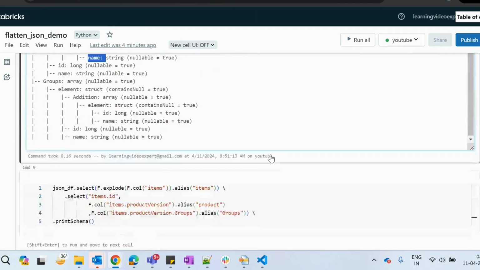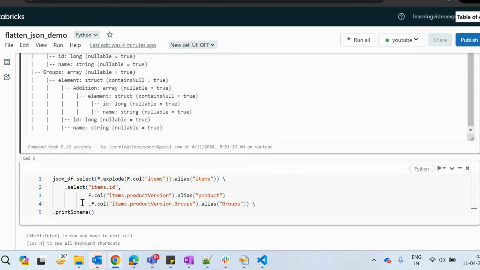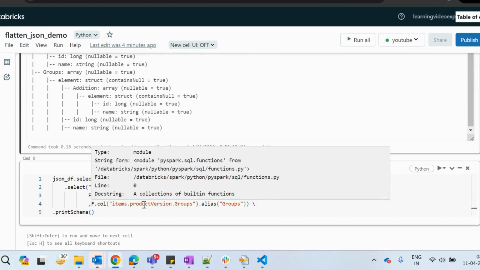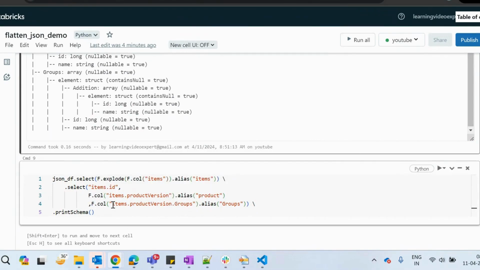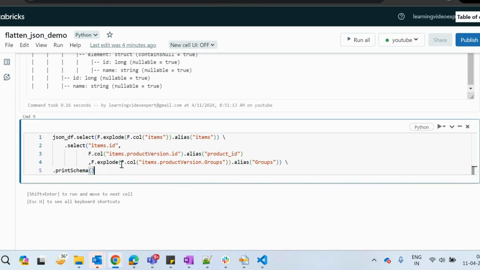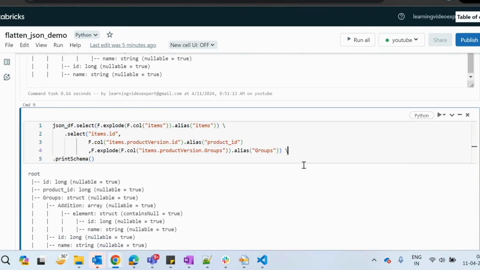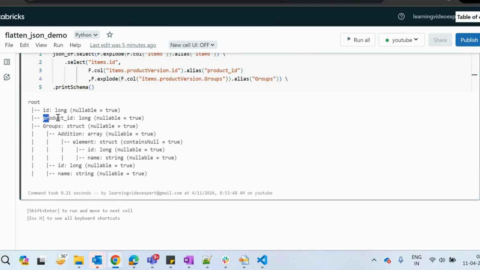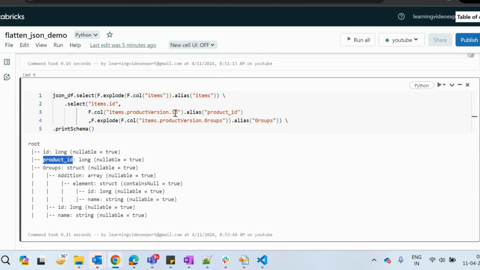So how will I do that? Simple as that. You just need to go ahead and explode this particular thing by f.explode. So here, if you will see, we have f.explode, and inside that we have the groups. So I will be exploding this now. Now I will check what is the schema. I have my product ID because I've just got my ID column out of it, and I have renamed it as product ID. And this groups, which was an array type before, now is converted to struct type.